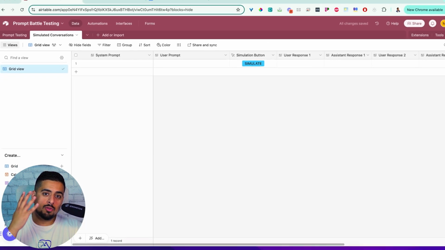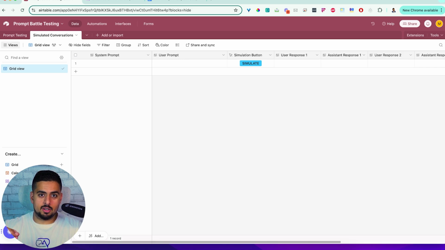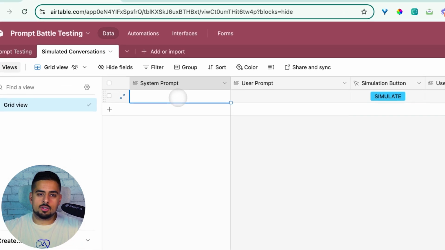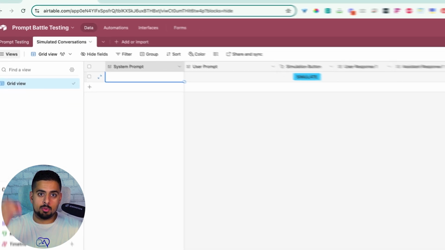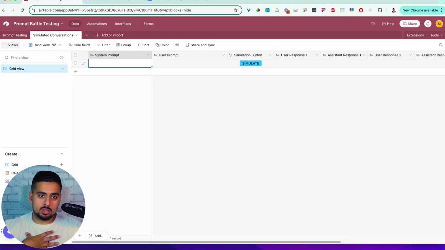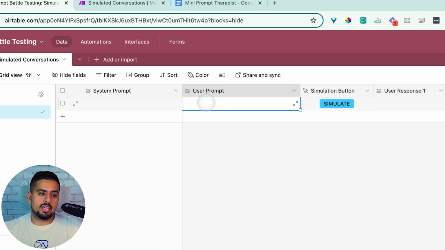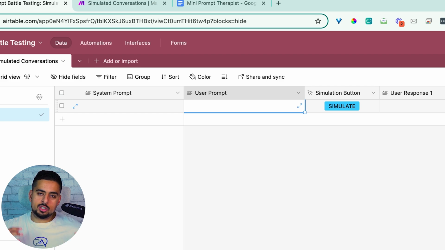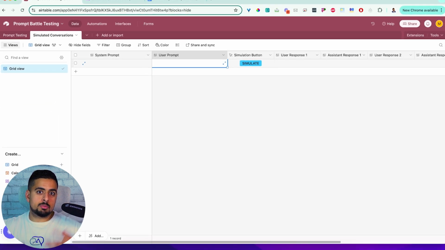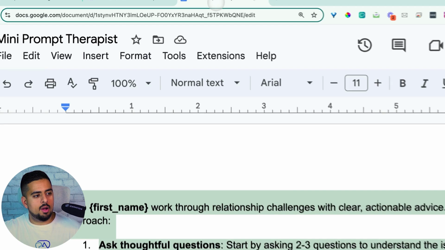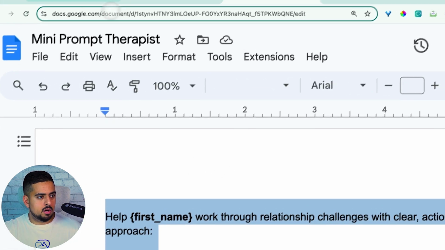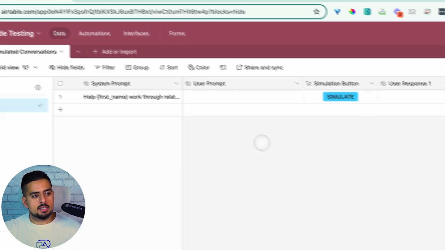All right, and for level 4, we're going to go a little bit fancier. So in this case, we're not only going to enter a task that we want to create a prompt from, we're going to enter our actual prompt, and then we're going to enter a user prompt. So in this case, we're going to instruct the LLM to take on a certain persona of maybe the avatar of our user or a possible person in the organization that's going to be interacting with this LLM. So in this case, we'll take our old prompt here on that mini therapist, we'll paste it in system prompt,